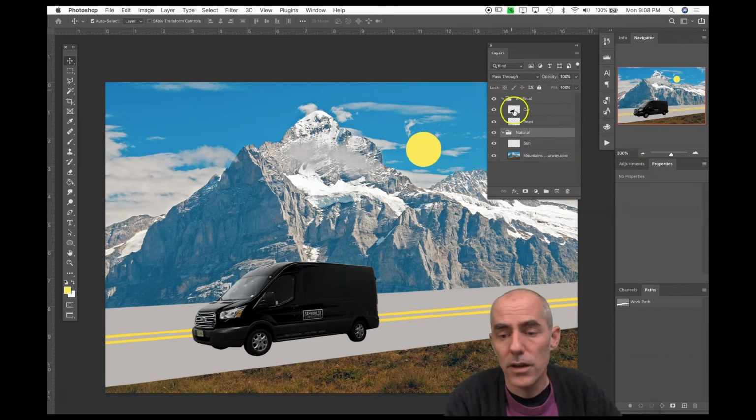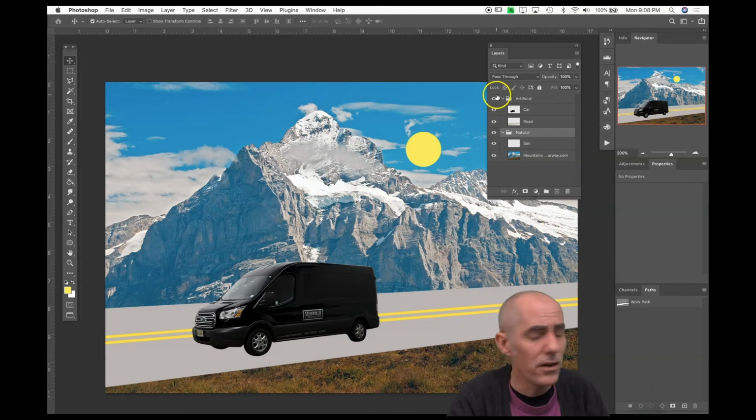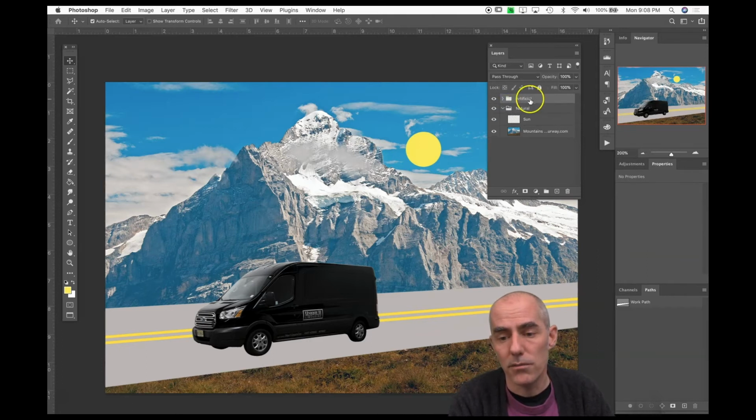Cool. So now we have these 2 folders, right? All they're doing is organizing, right? You can still see everything in them, like nothing in that way changes. All they do is sort of group stuff together and allow us to open and close and hide and show them. If we close them, right, I can also grab that whole thing, come up here to Auto Select Layer,